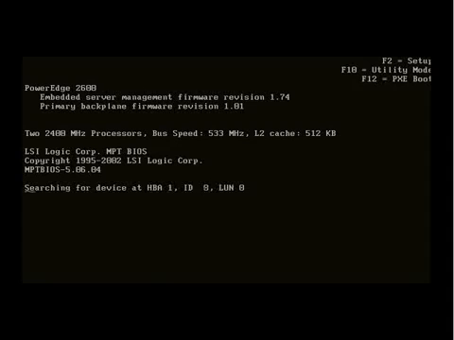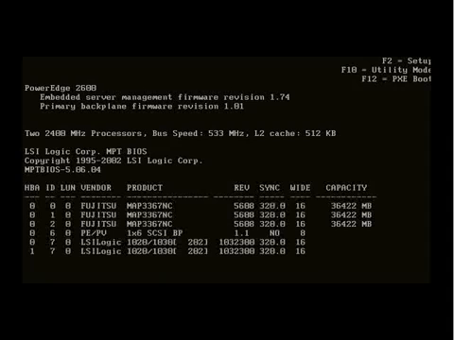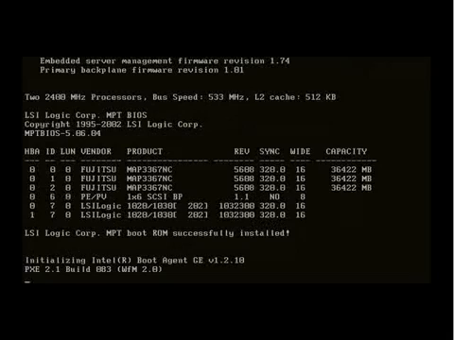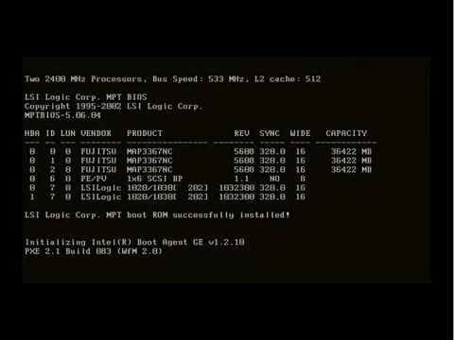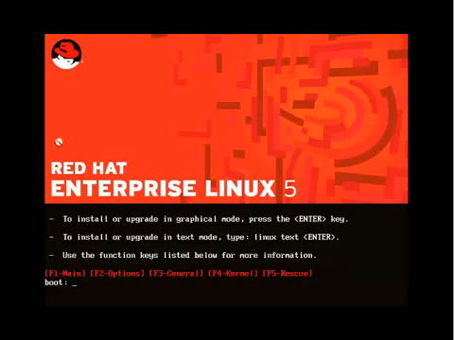So now the hard drives are being detected, and there they are, 3 Fujitsus with 2 LSI Logic interfaces and a PowerVault backplane. So here's the main interface, the main window, and from here we can interact with the kernel and the